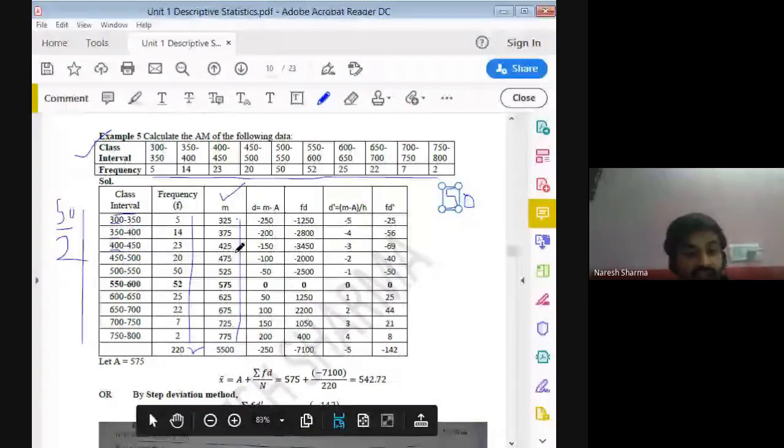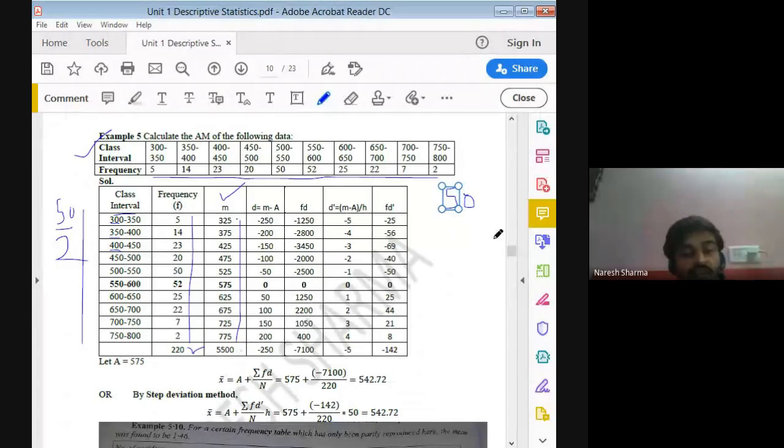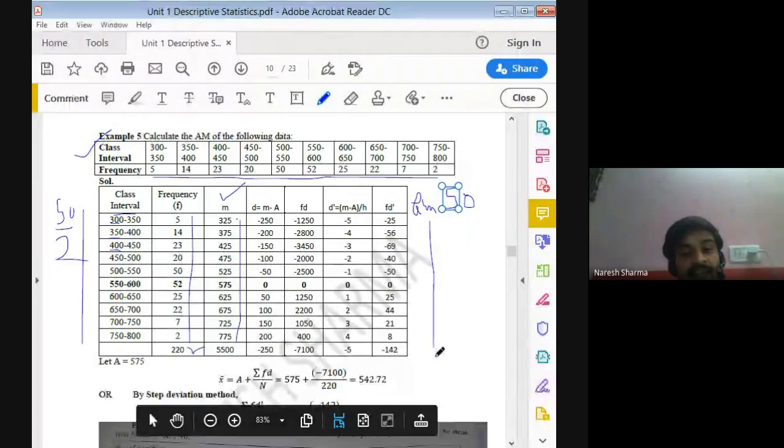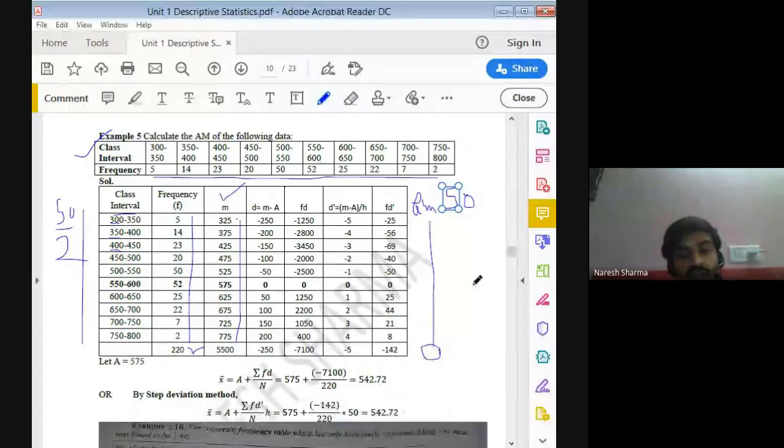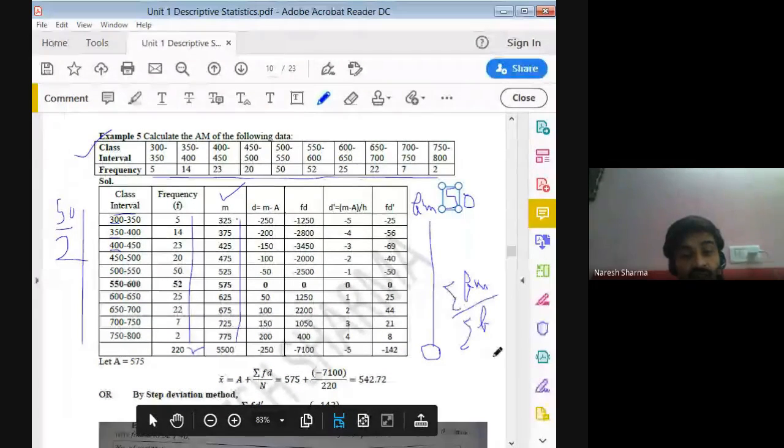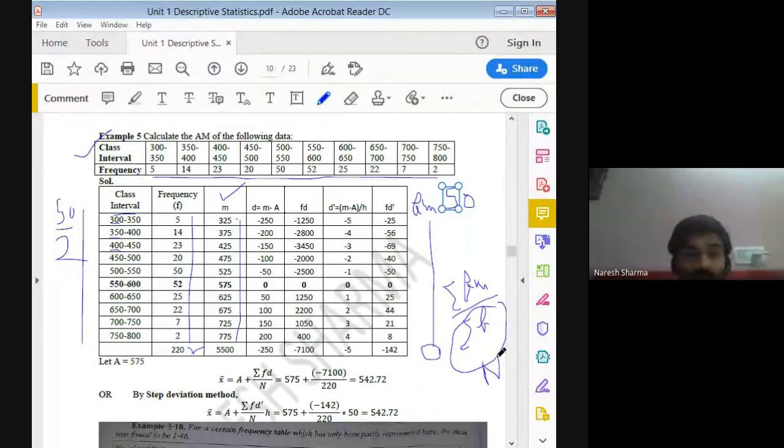So these midpoints, we have no need to calculate the sum of midpoints. We do not require that. In this you can use the previous formula, which is to just multiply f into m, multiply the corresponding f with the corresponding midpoint, take the sum of those and use the formula summation f into m. Kindly do this on your own. Divided by the total frequency, that is capital N. So it's your choice, you can do it by this calculation only.